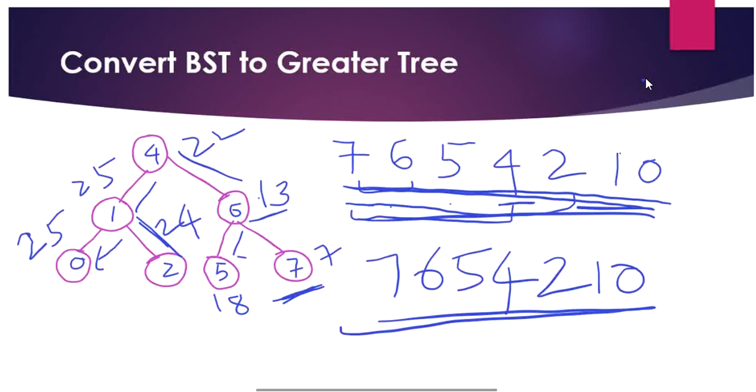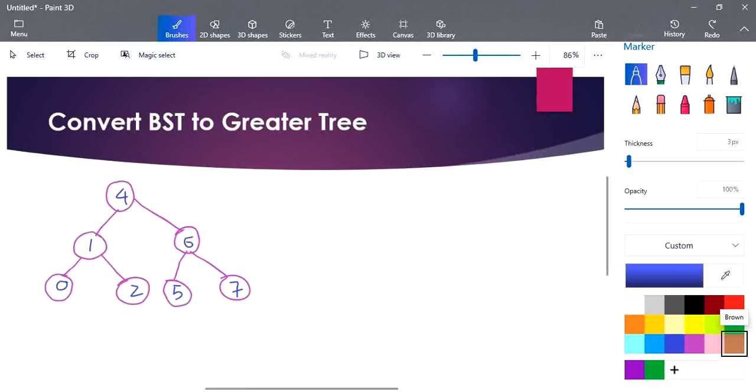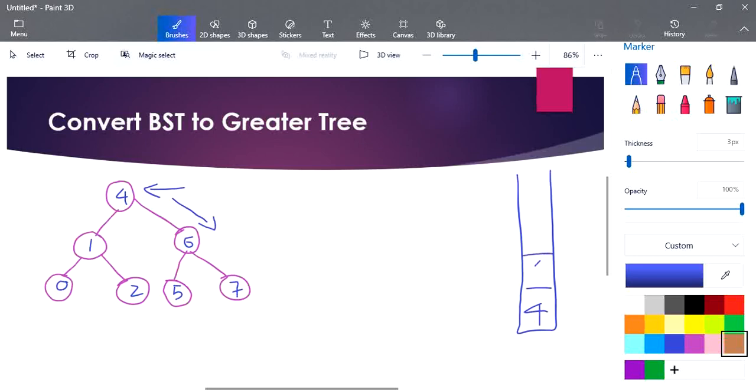So let's go for a dry run for the same example for a better understanding of the solution. So we are going to have a stack to traverse all our tree nodes and store in it. So we are starting from the root node 4. So we just put 4 here in our stack and we're going to traverse till we reach the end of all right nodes. So the right node of 4 is going to be 6. I'm adding 6 here.